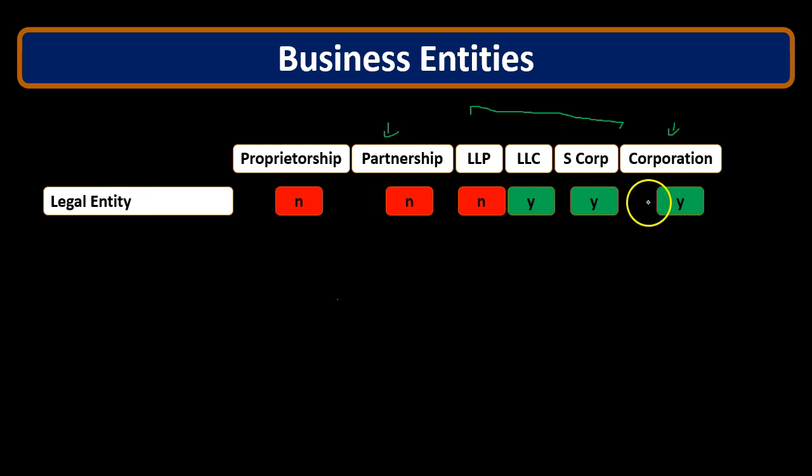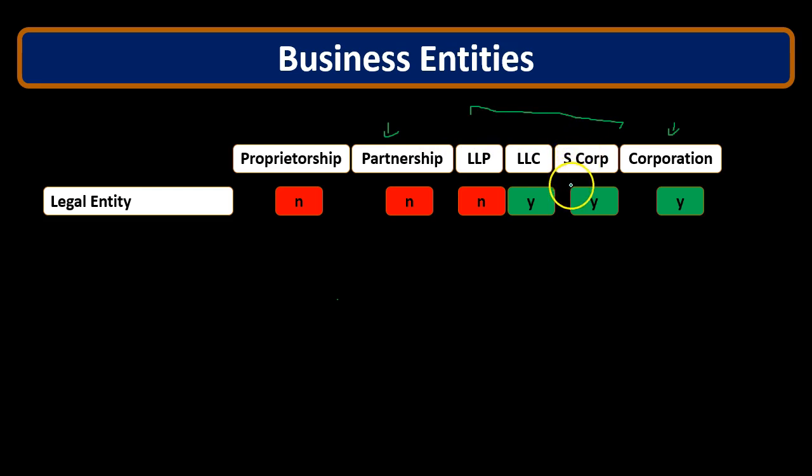And then, of course, we have a corporation, which is the classic example of a separate legal entity. So really, you think of the spectrum. We have a sole proprietor and a general partnership, which are not separate legal entities. And then on the other side of the spectrum, we have the corporation, which is a separate legal entity. The problem with the corporation is that there's a double taxation problem. The problem with the partnership is that there's a liability for personal partners problem. And then these three in the middle are attempts to solve some of those problems.